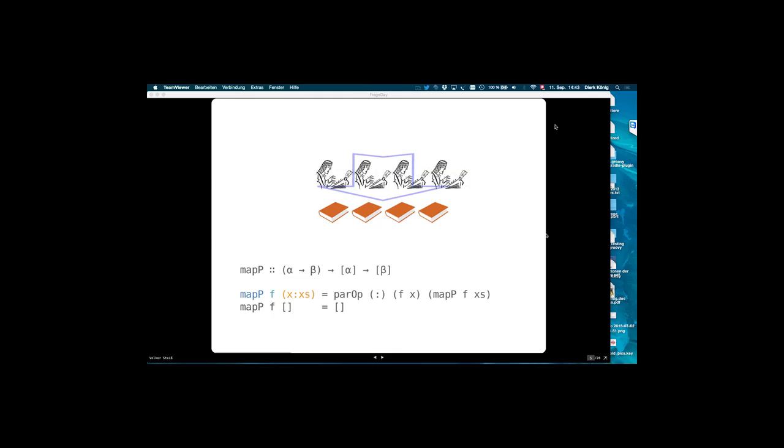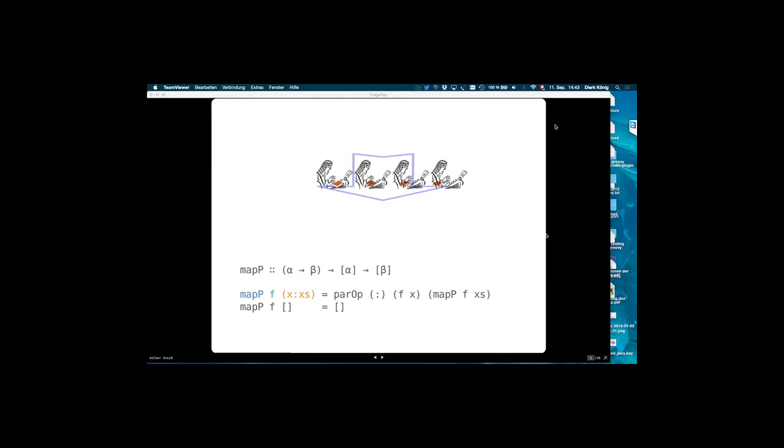Up to weak head normal form, it's correct. Yes. But if we have numbers, then the weak head normal form is the number. But when there is something bigger going on, like a list in a list, then only the outer list will be evaluated to weak head normal form. So you would need to apply other strategies to evaluate them. That is what the evaluation strategies in GHC do.